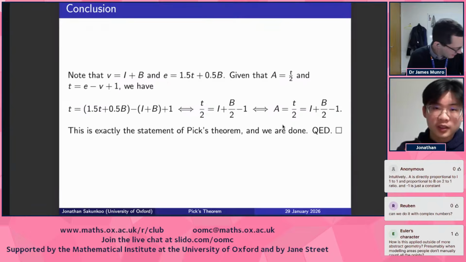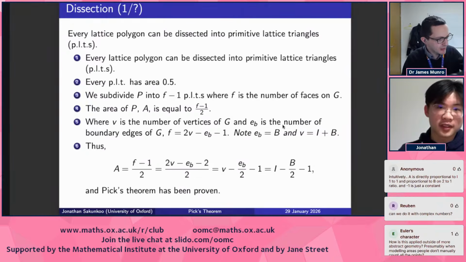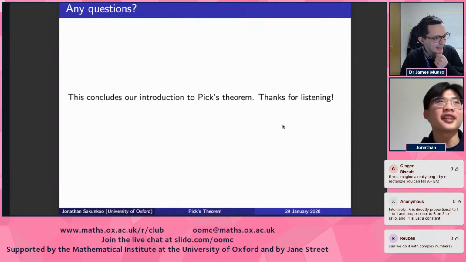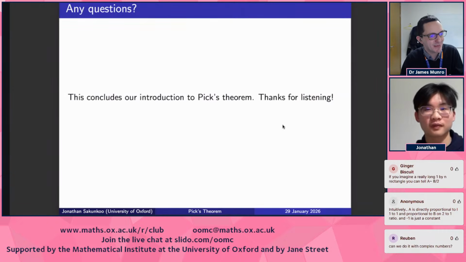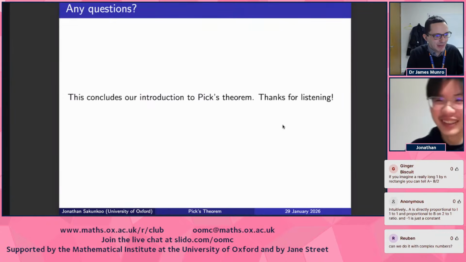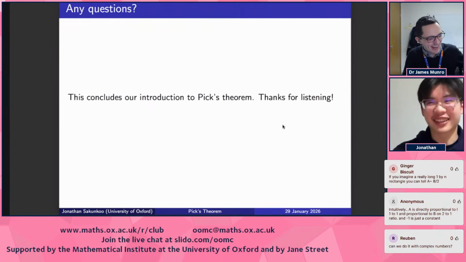Cool. Right. We are coming up to 6 o'clock. If Jack's got any questions, there's a question about how to apply this. Okay, well, how is this applied outside of abstract geometry? Ooh. Well, the swimming pool. Oh right. Yeah, you genuinely want that swimming pool in the future, right? Yeah, that's definitely